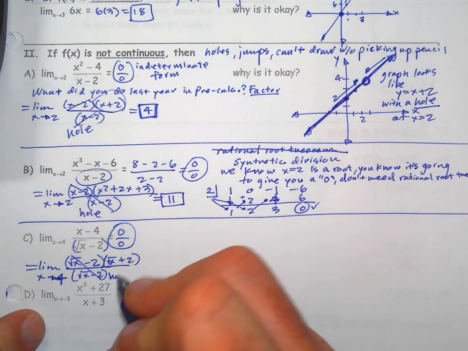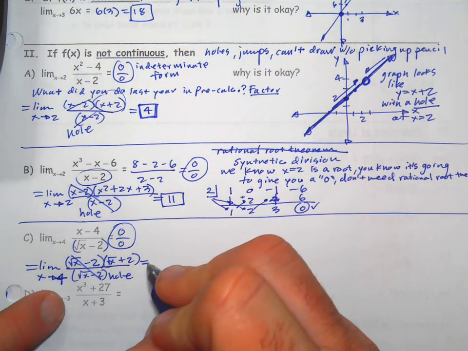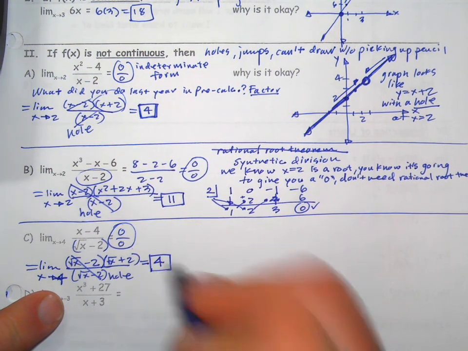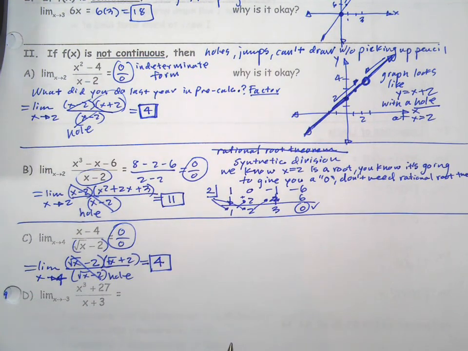And there's a hole. And square root of 4 is 2 plus 2 is 4. Okay, so